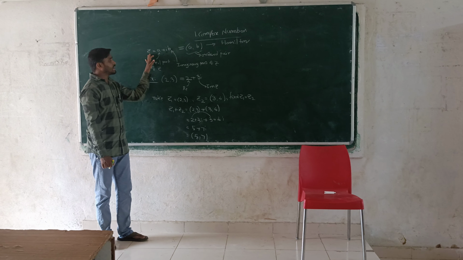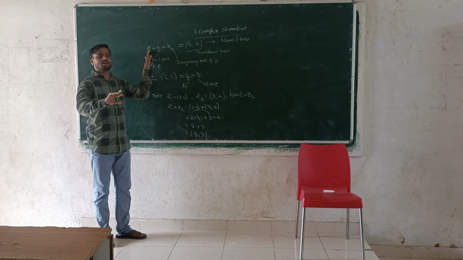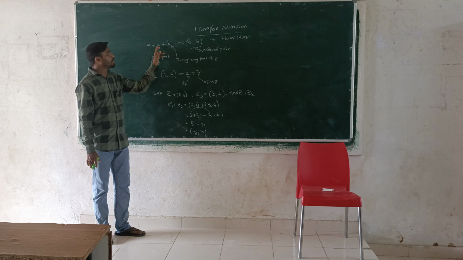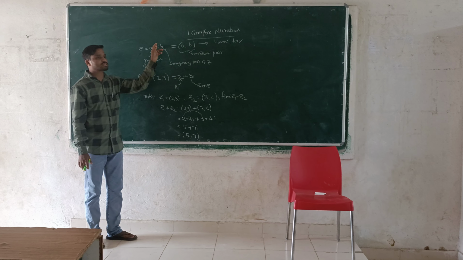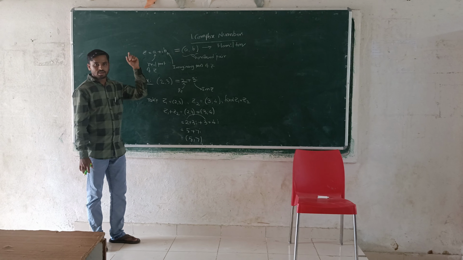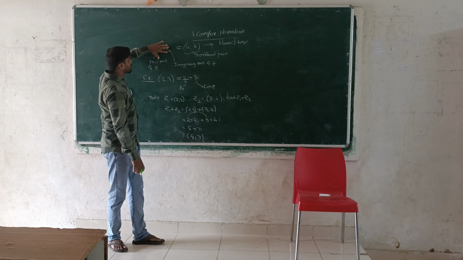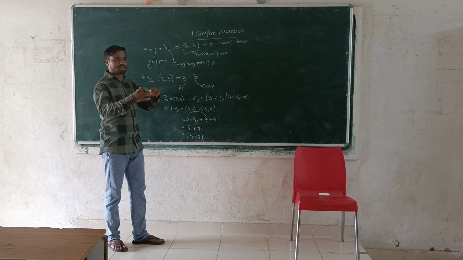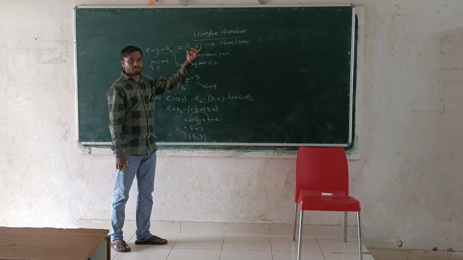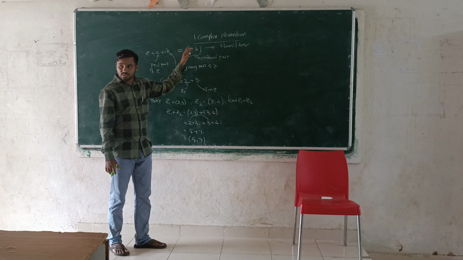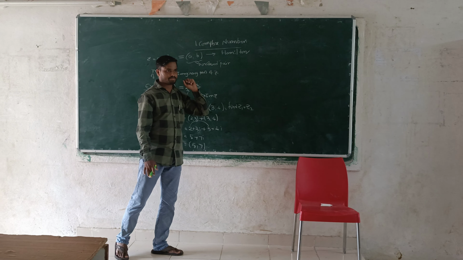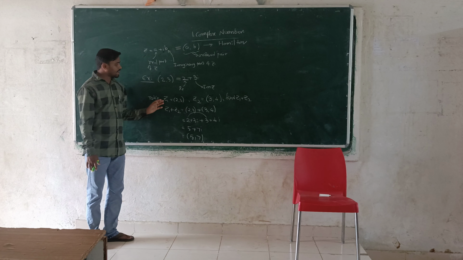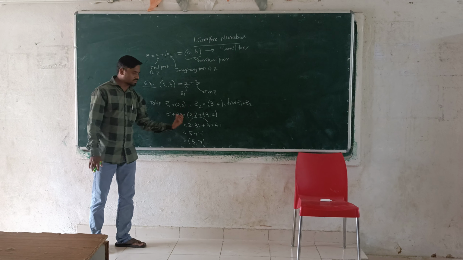Quickly, Z is a complex number that can be written in a plus ib form, where a is called the real part of Z and b is called the imaginary part of Z. Okay? Right. And this notation a plus ib can be written in ordered pair form a comma b. This ordered pair form is given by the scientist Hamilton. Okay? Right. Addition of two complex numbers is this one.